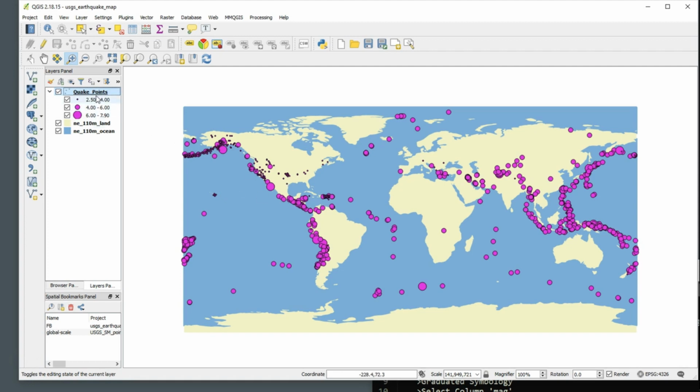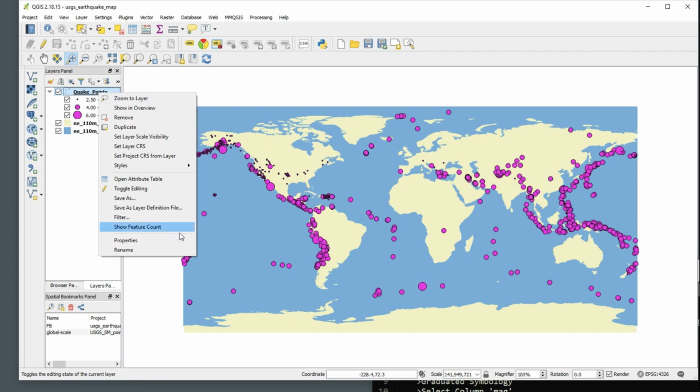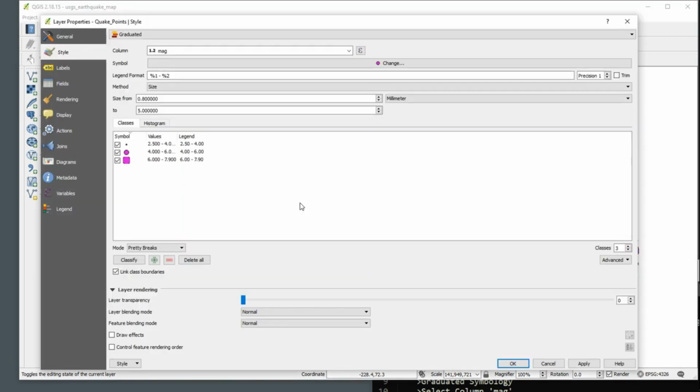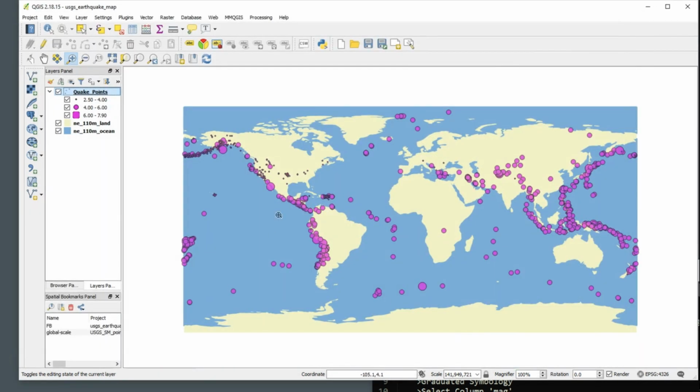So to give value to some of your data, actually showing it in a map, proportional symbols is oftentimes a really good strategy. So let's go back and let's put some transparency on this and see if we get something a little bit more easy to view. So I keep everything the same here. I'm going to go to Layer Rendering, and I'm going to change the transparency. And let's just up it to maybe 25. Say Apply, OK. And now we can see some of the small dots on top of the big dots. We can see some of the big dots